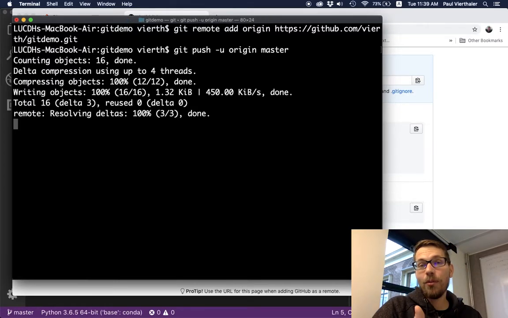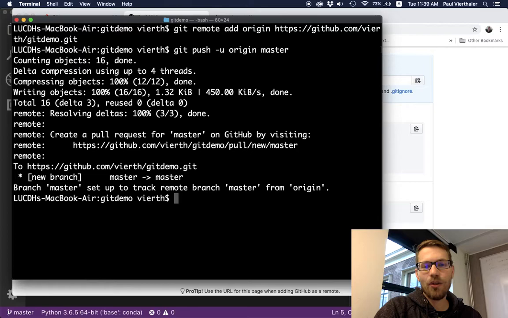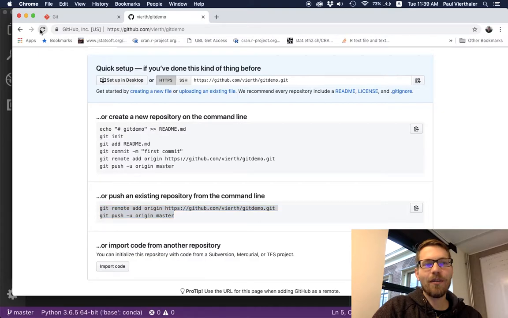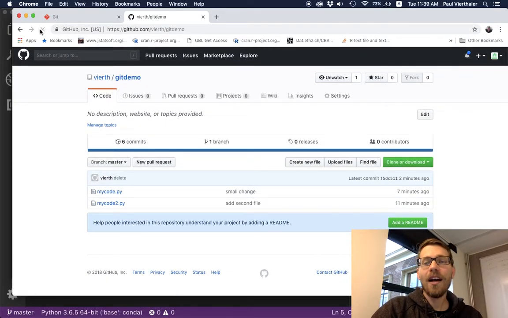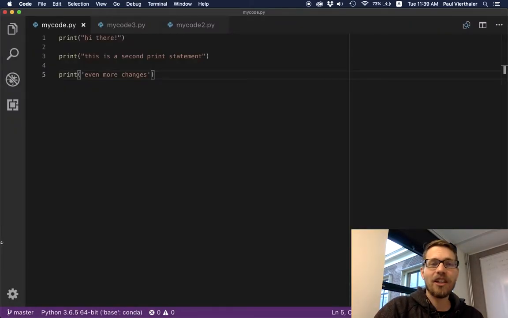Now it may prompt you for your username and your password, but that's fine because it needs to actually know that to be able to log in to send the information. But now we can see, if I reload this, I have my GitHub repository, my Git repository on GitHub. Now if I want to make a change, what I can do is I can say, this doesn't really exist anymore, so we'll close that. And I'll say,